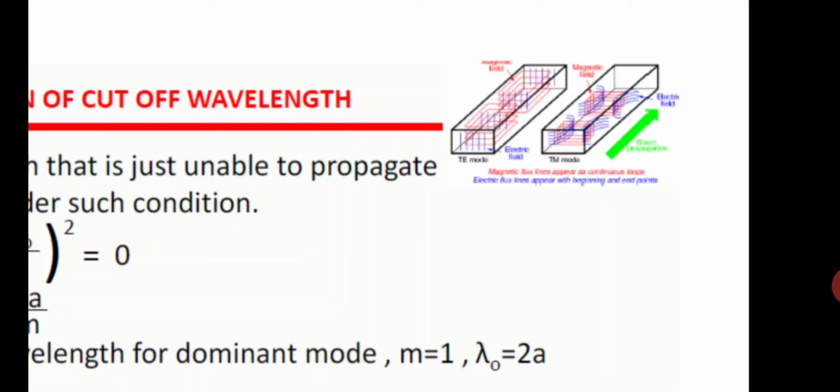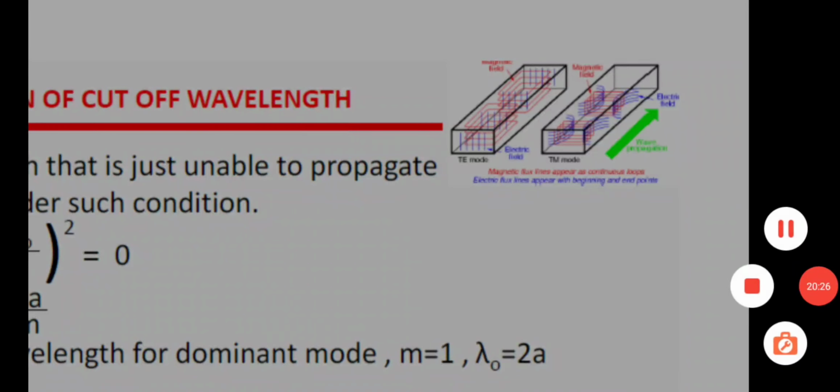The waveguide can support many modes of transmission. Also, waveguides can support many modes of transmission, but the one that is used virtually exclusively is the TE10 mode. If this assumption is made, then the calculation for the lower cutoff point becomes very simple. The cutoff frequency of a rectangular waveguide can be calculated using the formula Fc equals C upon 2A.